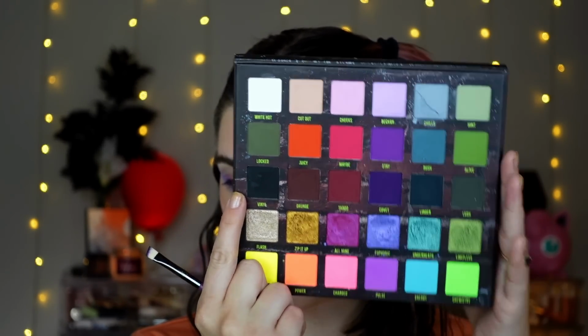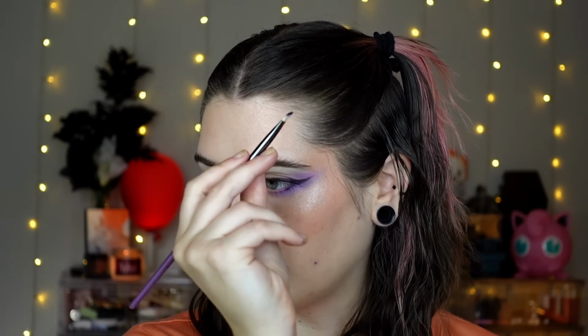You know, now that I've done this, I feel like I don't even want that accent wing. I think I just want the traditional smoky wing. I don't really want to do the flick inside anymore. I kind of like just what that's doing on its own. So now I'm gonna take the black shadow. I'm gonna take just another angled brush. This is from Game Beauty. And I'm just gonna lightly start smudging that right along